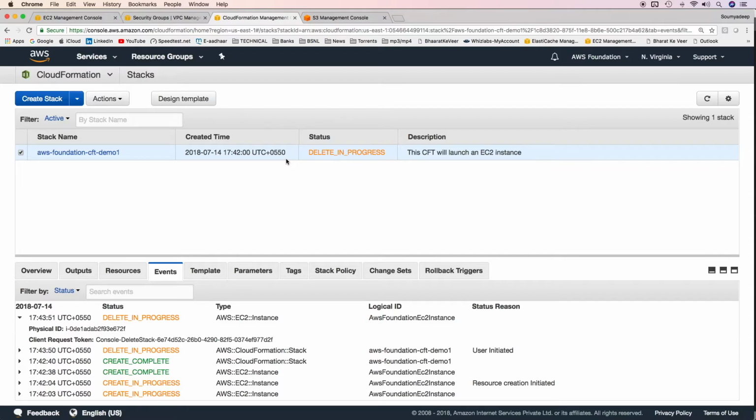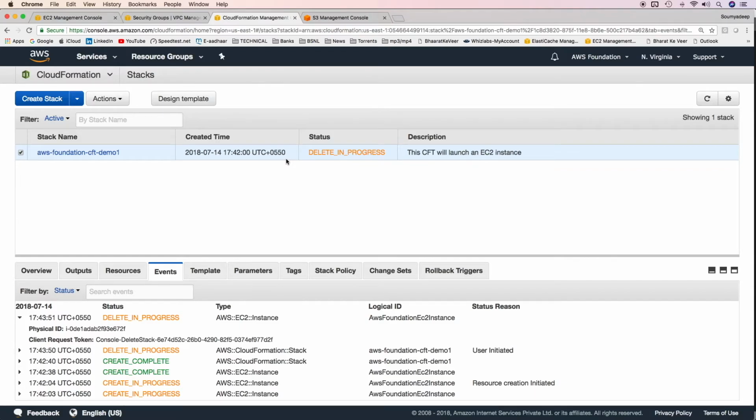What if it is a production stack and you have multiple EC2 instances running behind an auto-scaling group which is attached to a load balancer? You have web tier, application tier, and DB tier, and you have launched a database RDS instance also. Now the DB instance would also be deleted as part of the stack deletion process. Now that is something you might not want in production.